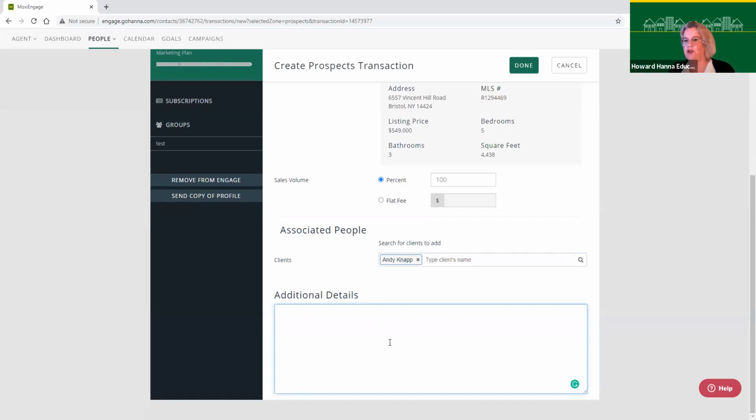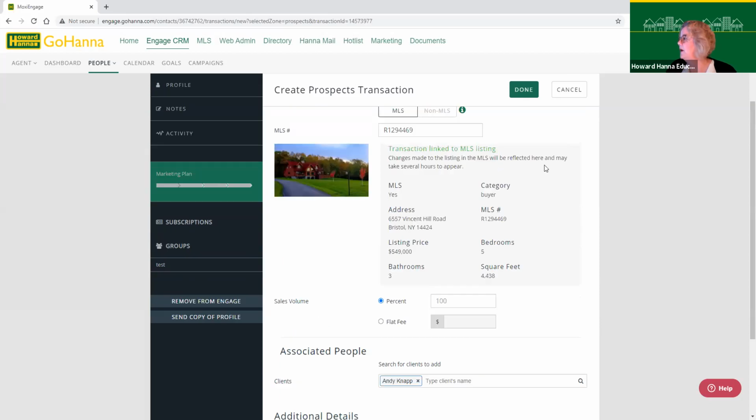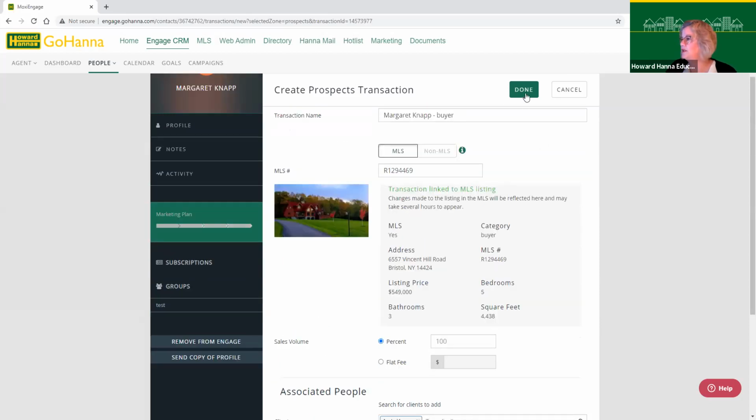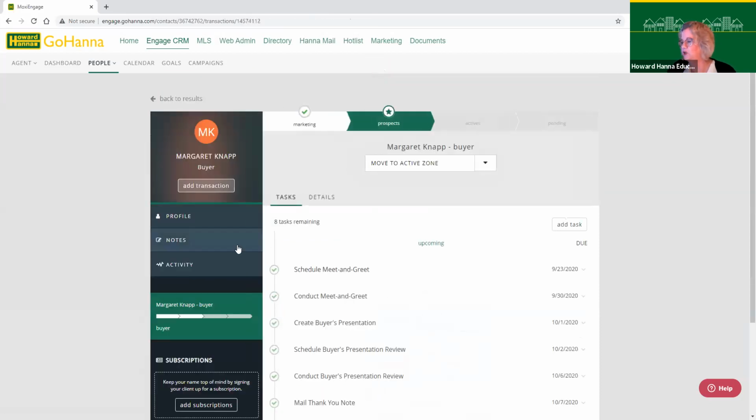If you're working with a bunch of buyers, it's nice to remember the children's names. So it's good to have them, and that Charlie's the 11-year-old and Bobby's the 3-year-old. Okay, so you may want to do that. So then I'm going to say done. And now my transaction will be added, and I'm going to be able to see that transaction